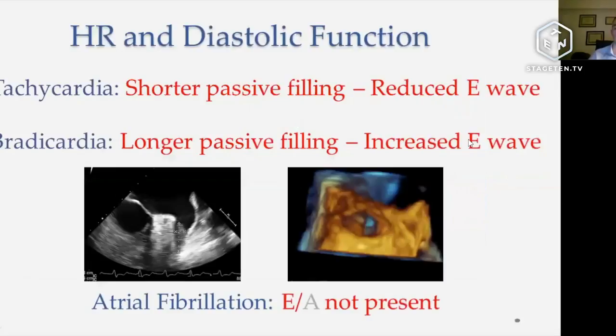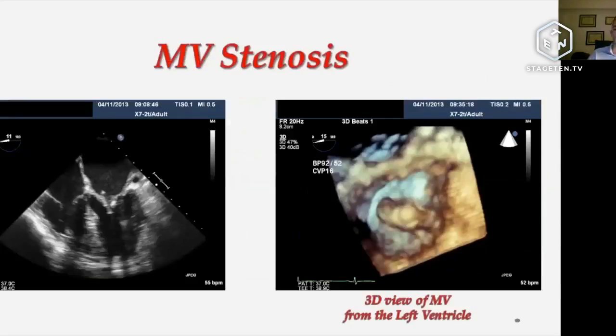And also, with regards to heart rate, you can see a clot in the left atrial appendage here in 3D, here in a 2D zoom image in transesophageal. When you have atrial fibrillation, the EA ratio is not there anymore because you don't have an atrial contraction, so you can't evaluate EA. And finally, moving to heart valve disease, it's difficult to evaluate transmitral blood flow in presence